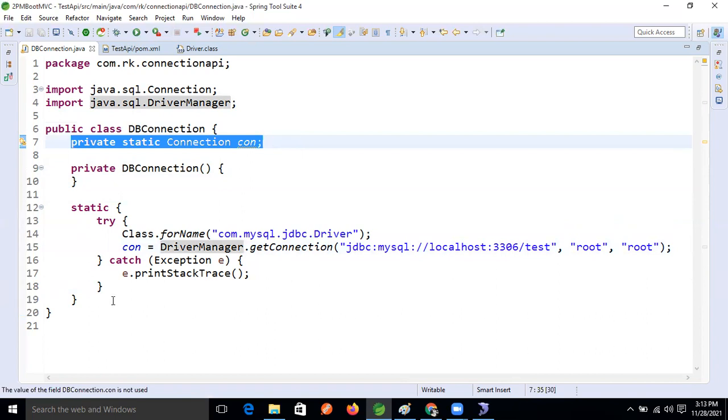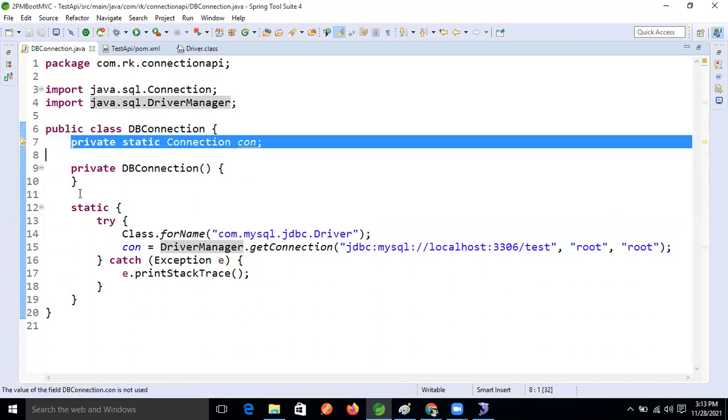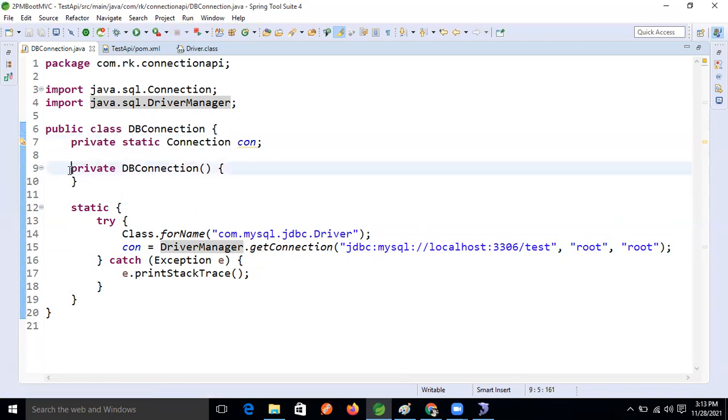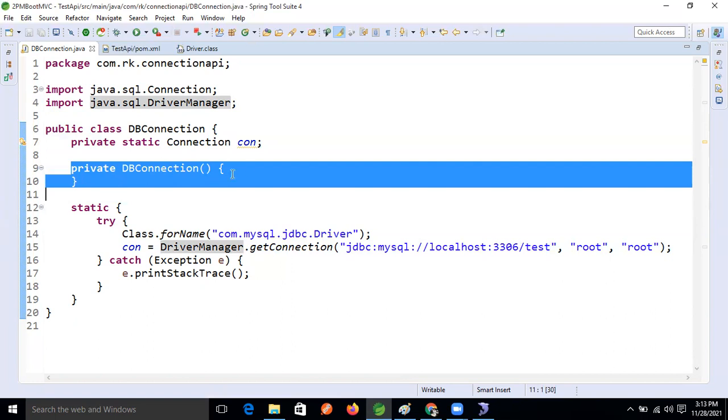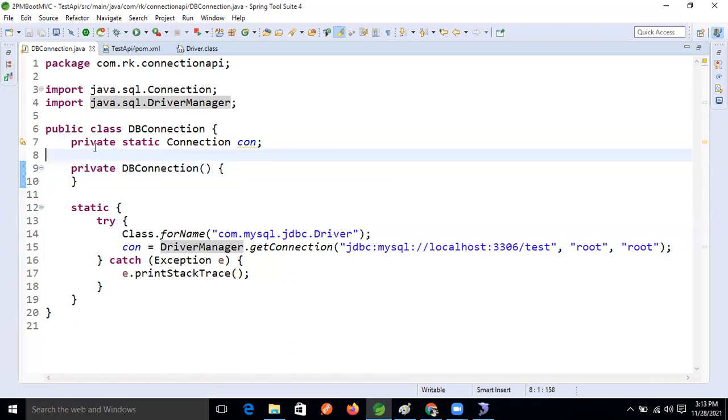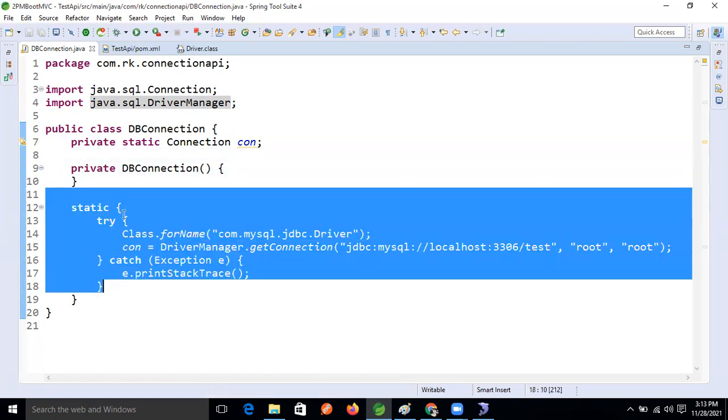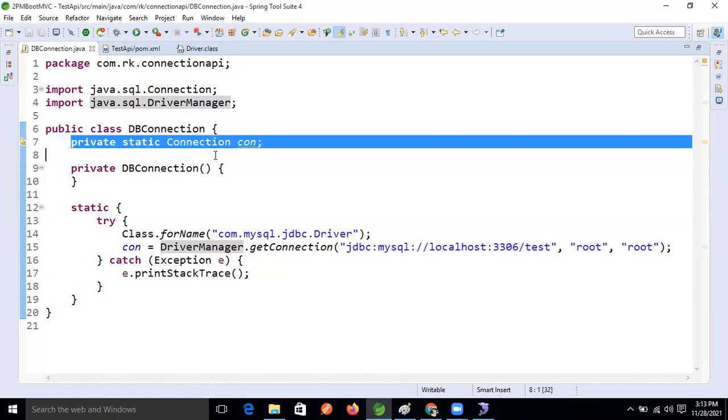Because the constructor is private, we can't create an object, so we expose the logic using a static method only.